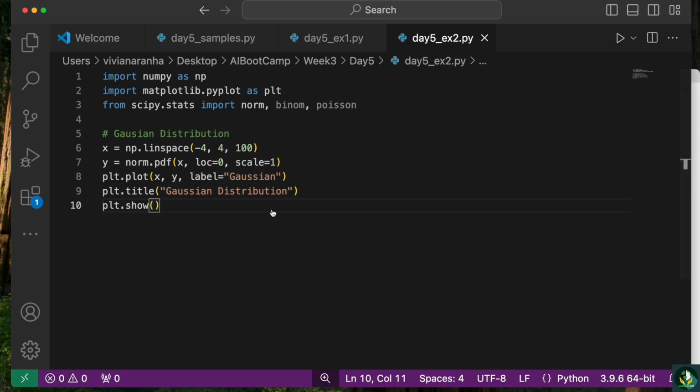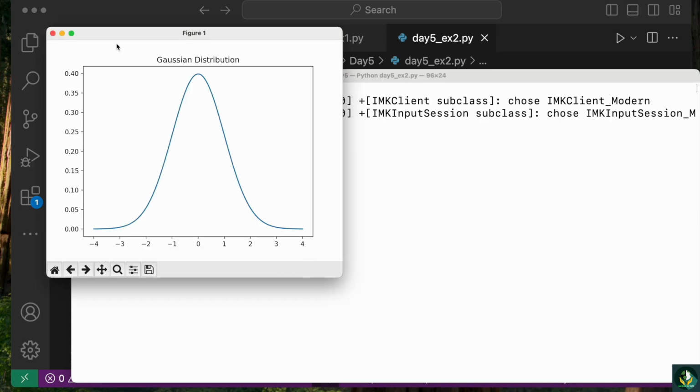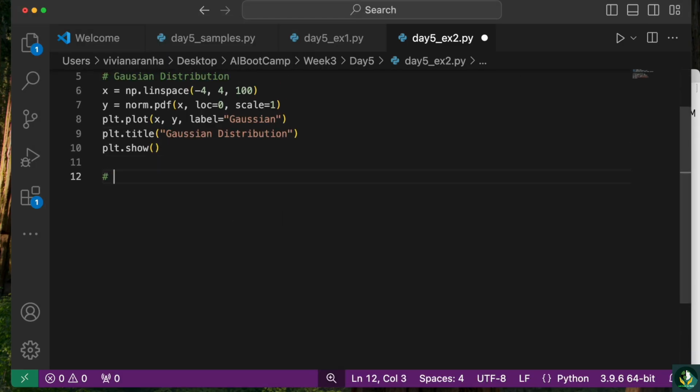So let's go ahead and run it. I'm going to say here python day5_ex2.py, and there you go. We have our Gaussian distribution. Perfect. Next thing is binomial distribution,